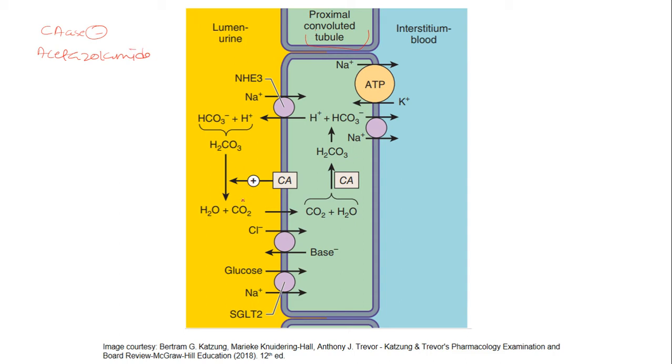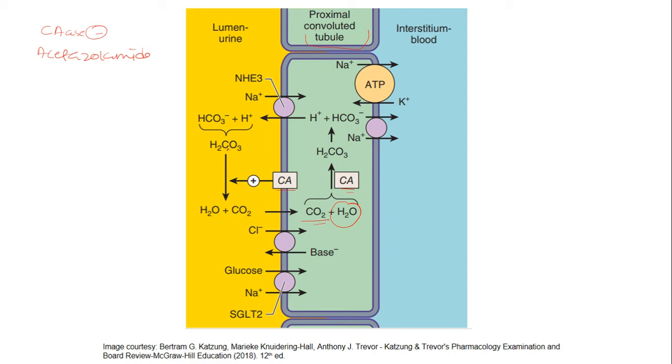It will inhibit the carbonic anhydrase in the brush border cells of the lumen as well as in the renal tubular cells. In the renal tubular cells, this carbonic anhydrase is responsible for hydration of carbon dioxide to form bicarbonate,